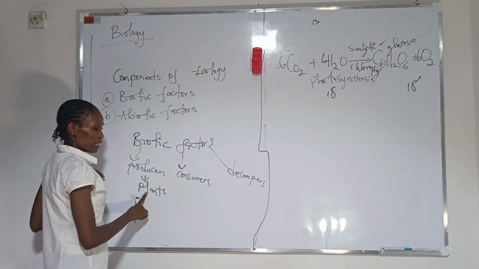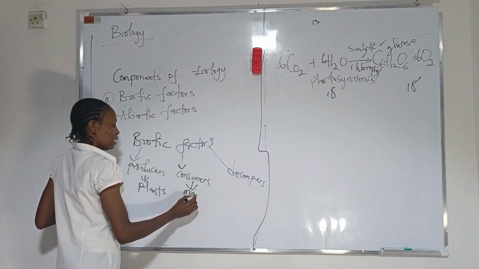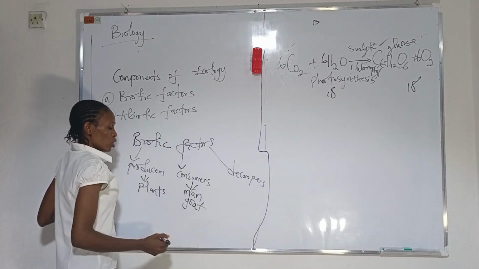Okay, then here, the eaters, you can put example. Remember, example I put here is plant. Example I am to put here is man. There are some other consumers as well. You have goats. You have